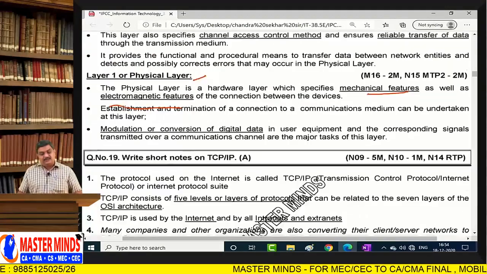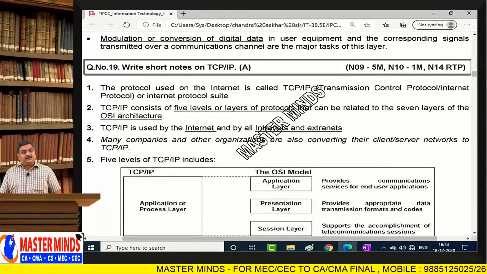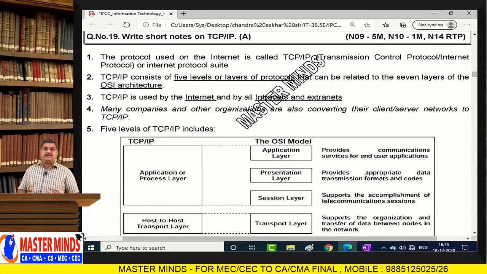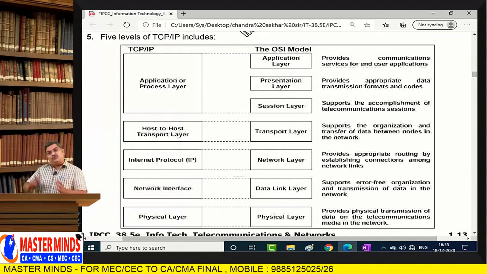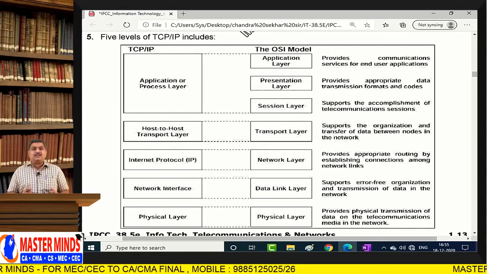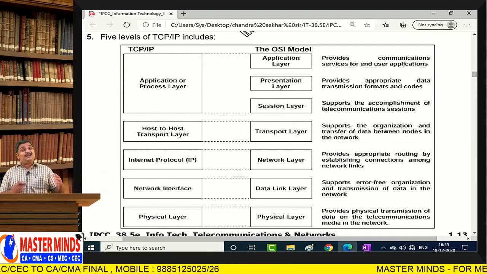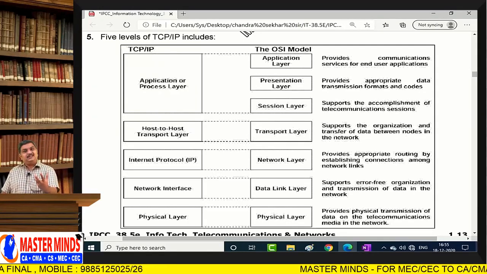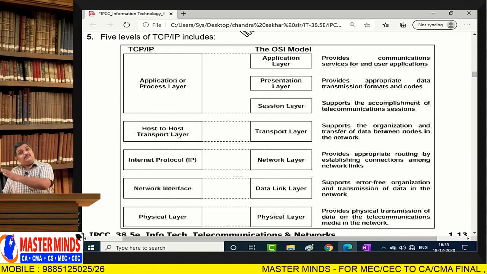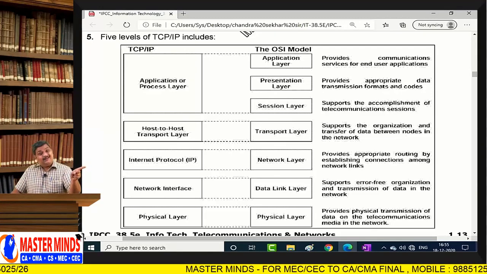Now, write short notes on the TCP/IP model. See, this is the practical model. The OSI model is a theoretical model, whereas the TCP/IP model is a practical model, where the internet connections of our laptops and desktops all follow this TCP/IP model. But one thing you please remember, the TCP/IP model is not at all a new model. It is a derived model which got inspired from the OSI model. That is the greatness of the OSI model. OSI is the basic theoretical model, a 7-layered model, whereas TCP/IP is a 5-layered model inspired by the OSI model.